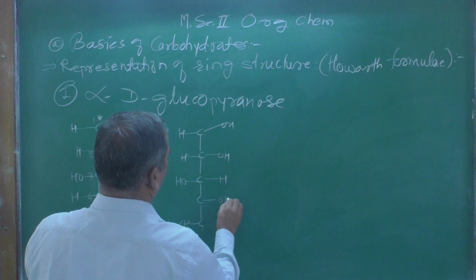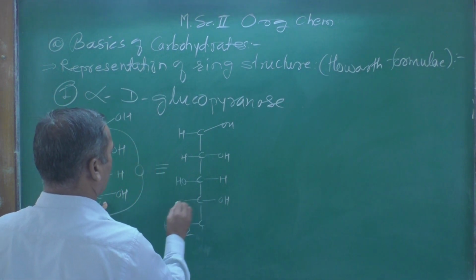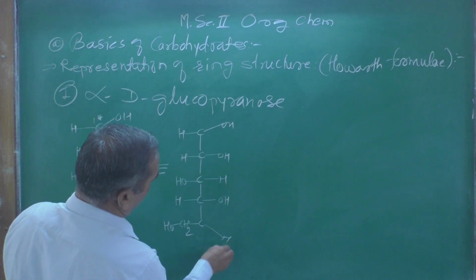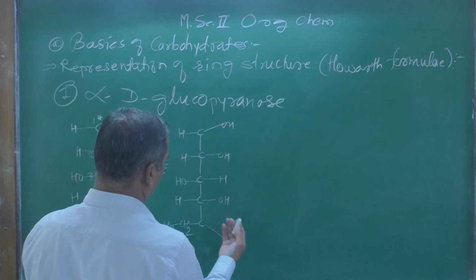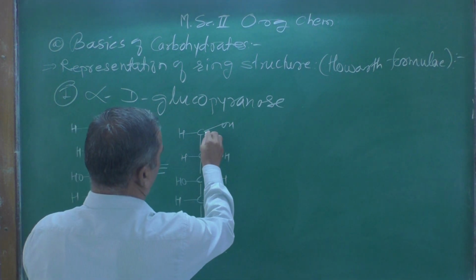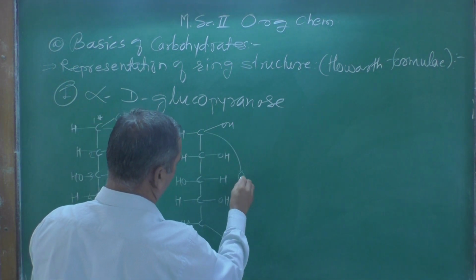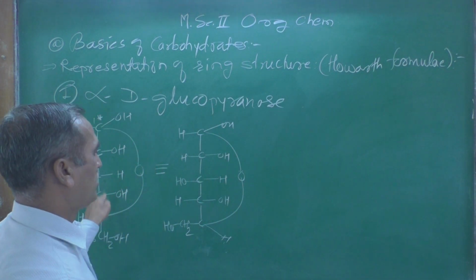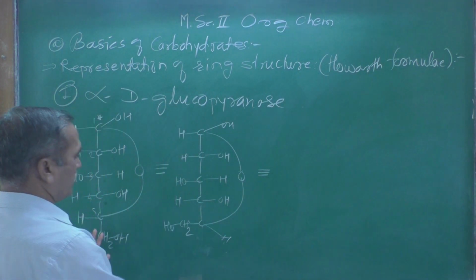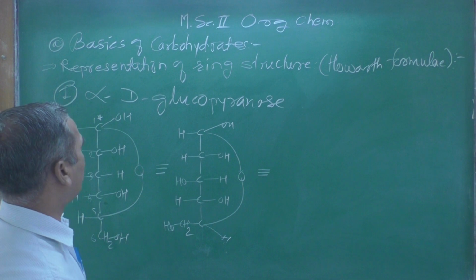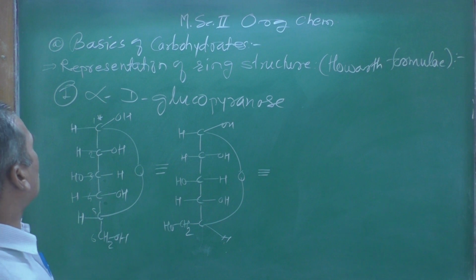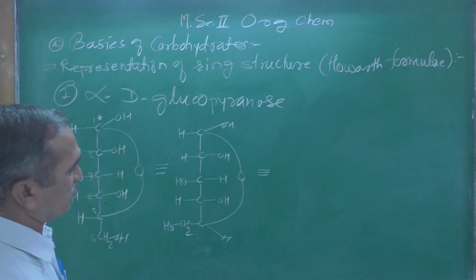Here the hydroxy group again on the right hand side and hydrogen atom on the left hand side. Here we can show one hydrogen atom on the right hand side, whereas the bulkier group CH2OH on the left hand side, and then this ring formation is shown like this. So this is what we did, only rearranged this compound suitably in accordance with the Fischer projection formula.